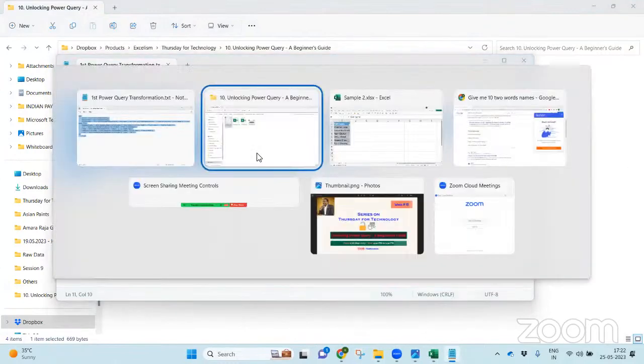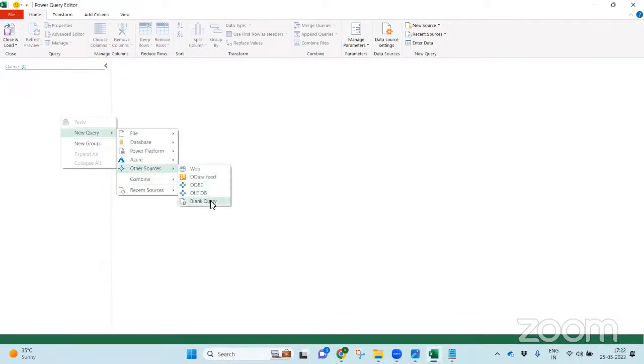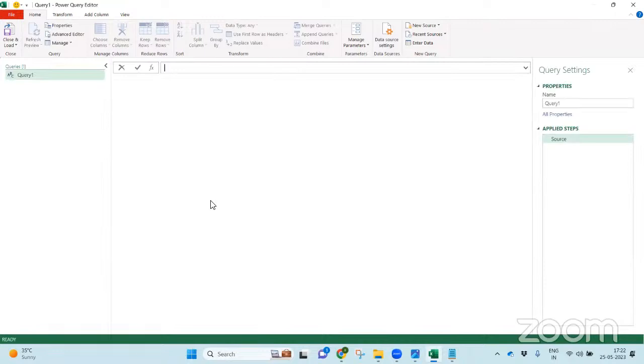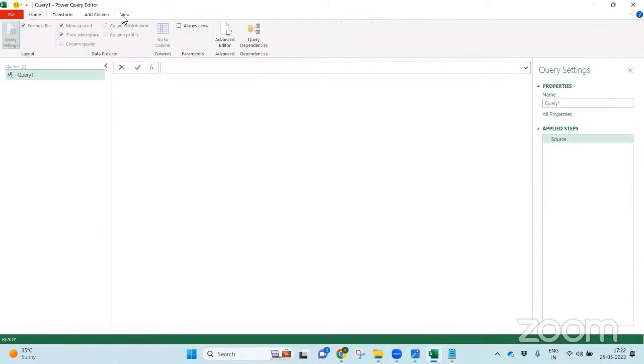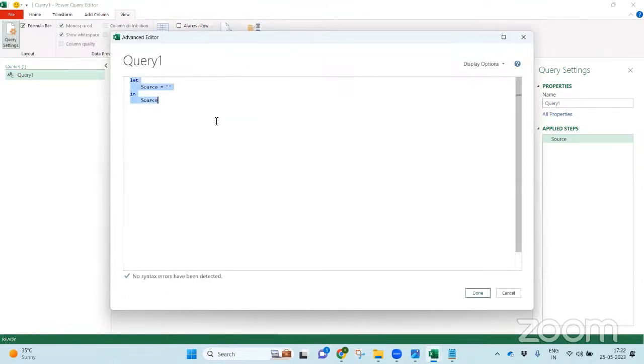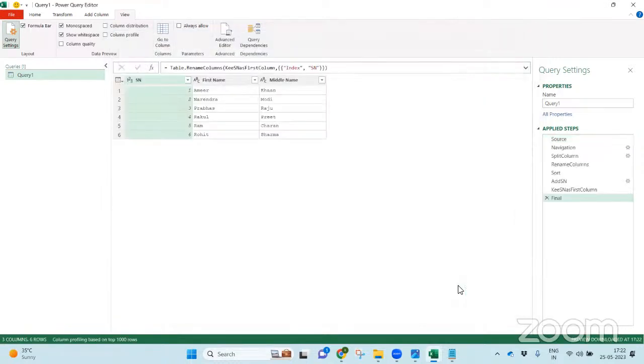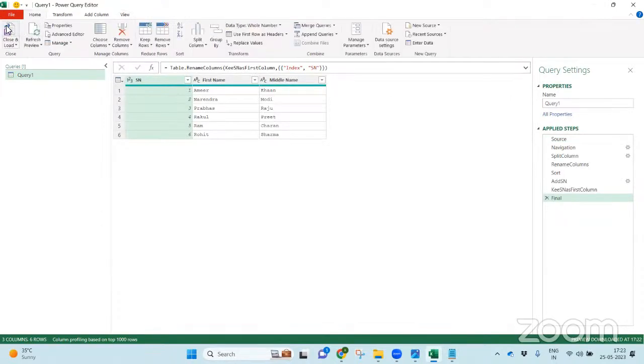Control C. I can go here, right click, take a blank query, go to Advanced Editor, remove whatever is there, and paste whatever I copied from the previous one. If I click Done, wow, it does everything for me, right?